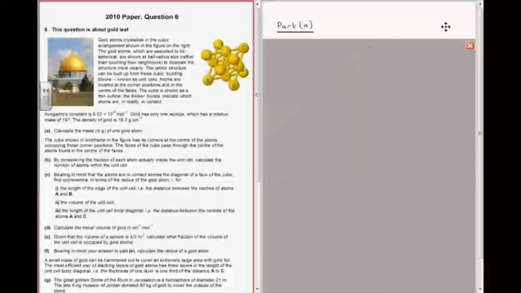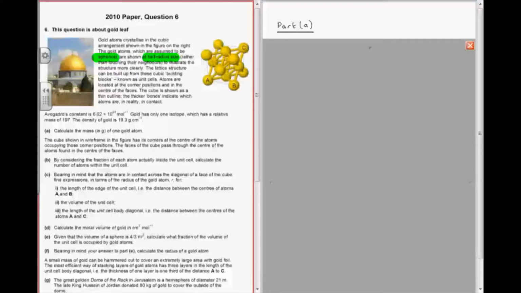This is question 6 from the 2010 paper, and this question is about gold leaf. The question begins by describing how gold atoms crystallize in a cubic arrangement, which is shown. The gold atoms are assumed to be spherical and are shown at half radius size rather than touching their neighbours. The diagram shows a unit cell which can be built up like building blocks to form the lattice structure of